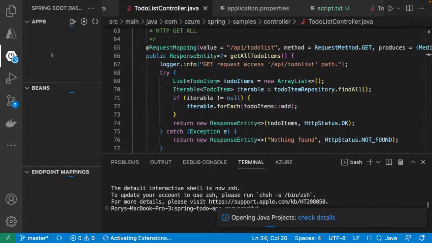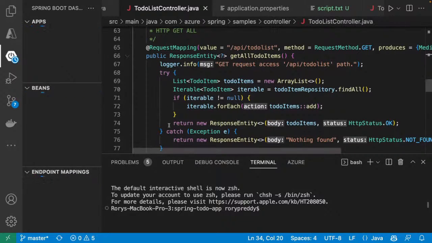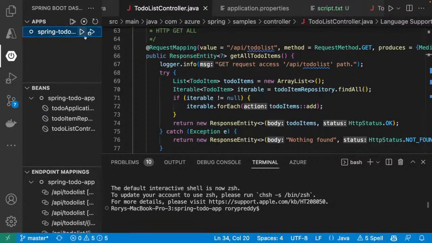What it does, it hits the actuator and it times out because it's trying to find too many beans. Now, I've got a lot running on my laptop, which might be why it's slowing down a little bit there. But if it doesn't run, we can actually go in and just look at something else. So let's try one more time there.